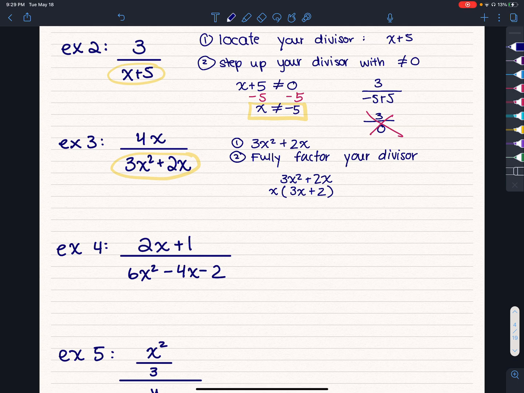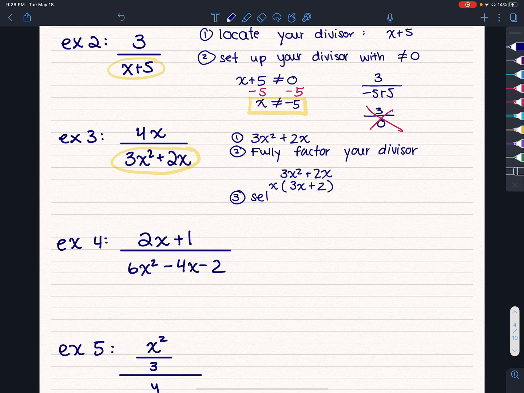And so now this is very similar to solving for x with second degree equations, except we're solving for what x cannot be equal to. But the process is exactly the same. So, ooh, I just realized I had a typo here. I wrote step up. That's not what I want to say. Set up. So same thing here. So set up each factor of your divisor